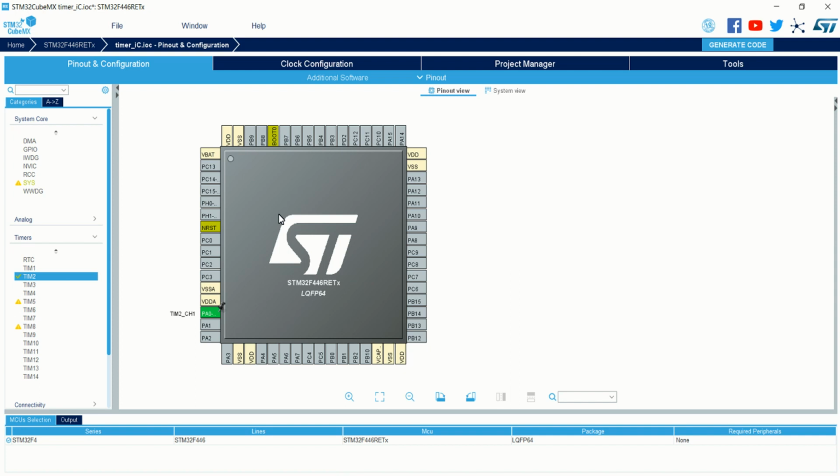I'm going to loop the PC13 pin with PA0 so that whenever I press and release the user push button available in my Nucleo development board, that is F446RE Nucleo board, a rising edge pulse will be given to PC13 as well as PA0, so that the timer peripheral will be interrupting the processor.